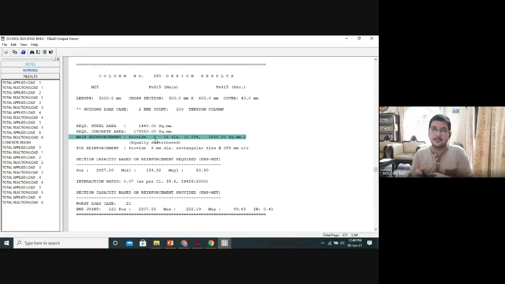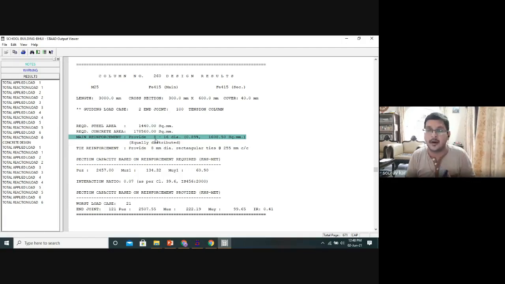8 number 16 mm diameter, that is pi by 4 into 16 square into 8. It is coming 1608.5 mm square. Now instead of this, 1608.5 divided by pi by 4 into 20 square.